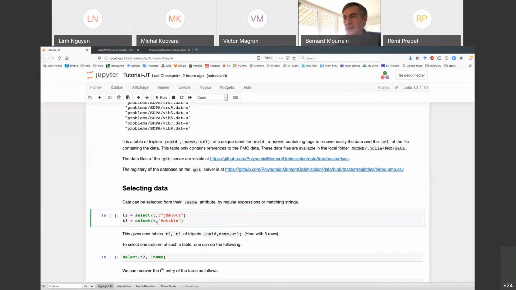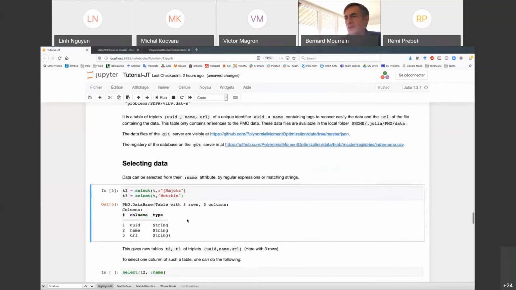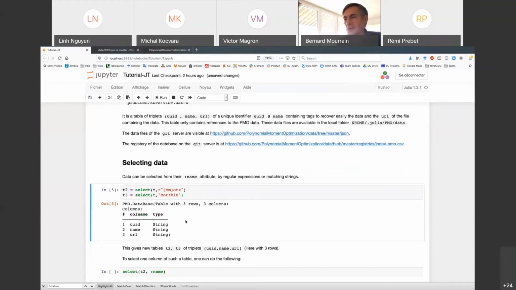T3 is selecting all the names which contain Modskin, and T2 is doing the same with a regular expression. R is for regular expression, and here we have capital M or smaller m. And we get this table, which has three rows.